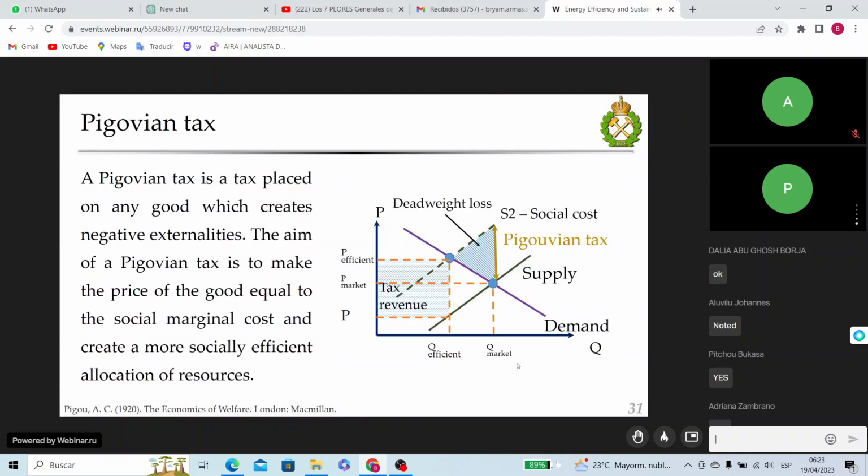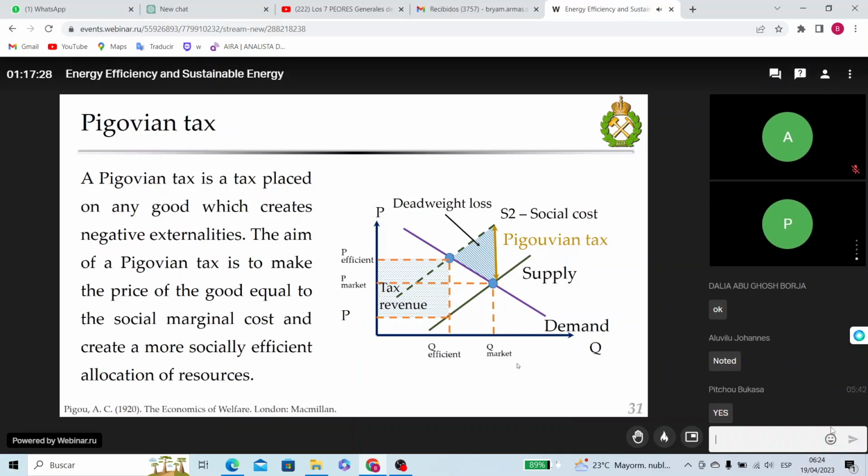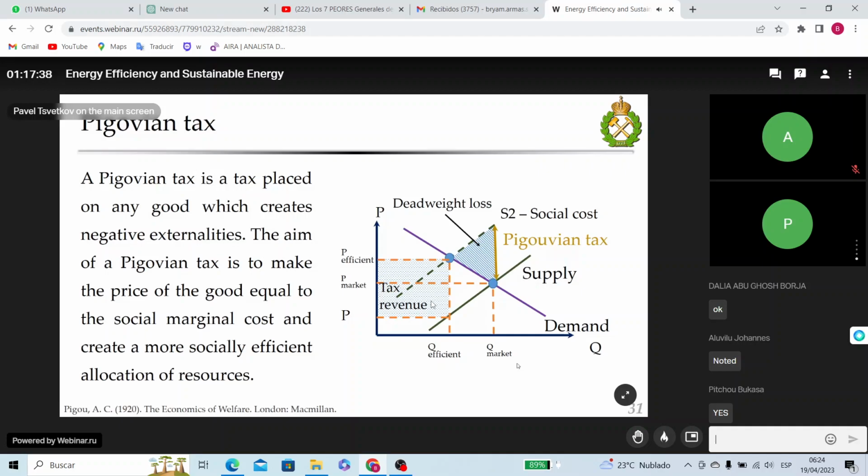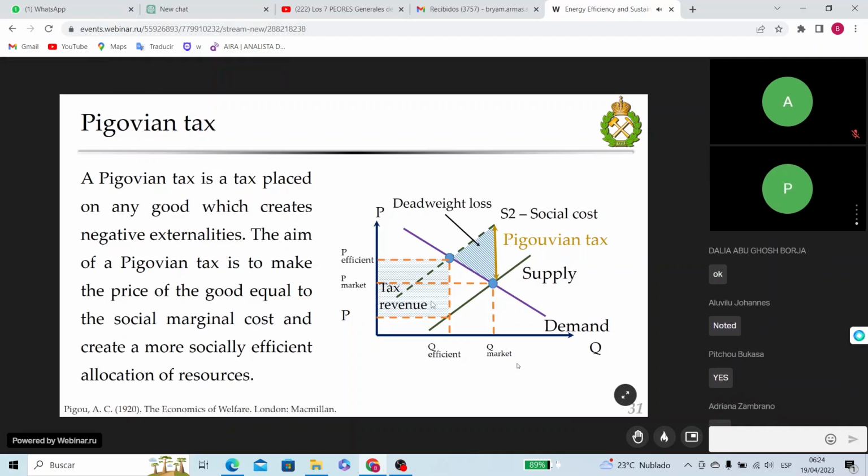So the second approach involves the introduction of taxes on polluting emissions, which will cover the difference between the market price and social costs. Everything is wonderful in this approach. By the way, it is called the Pigovian approach, and this tax is a Pigovian tax. So everything is great except determining the amount of this Pigovian tax, especially in the case of greenhouse gas emissions. Indeed, how to determine the damage from the emission of 1 ton of CO2,